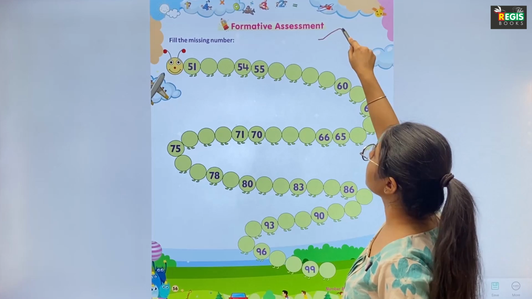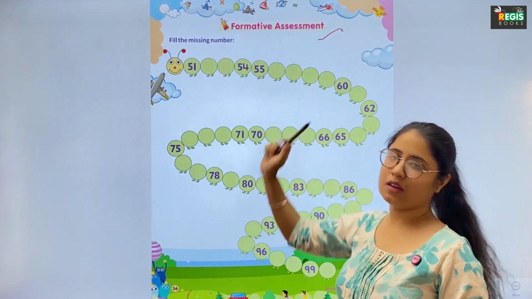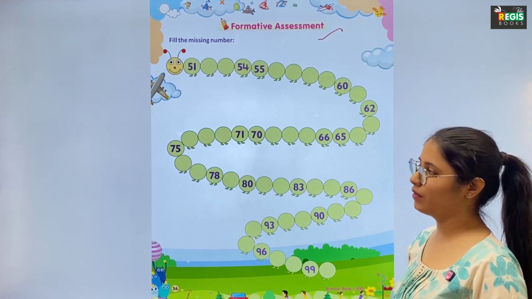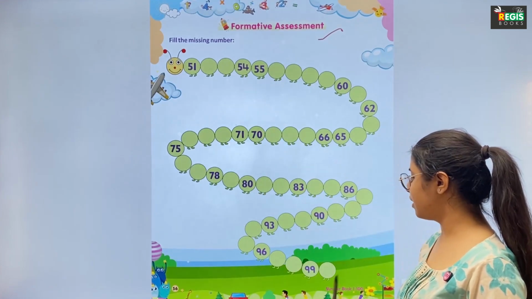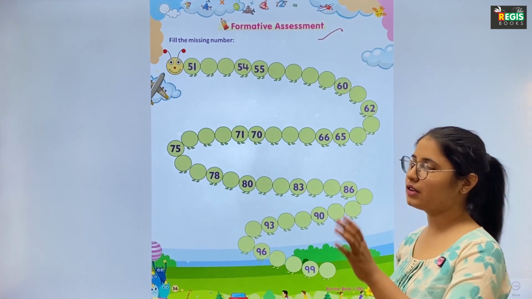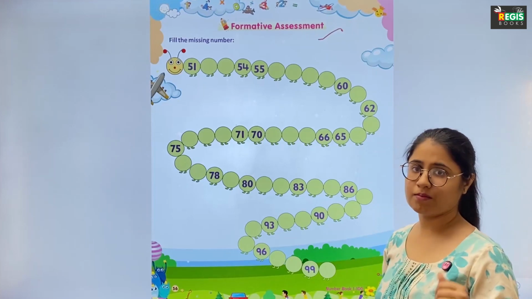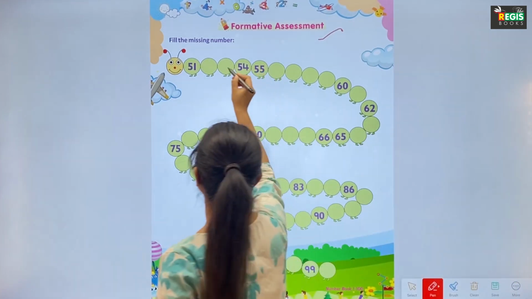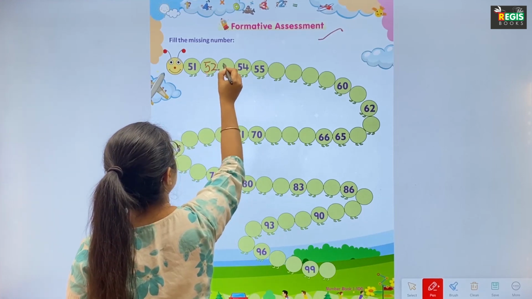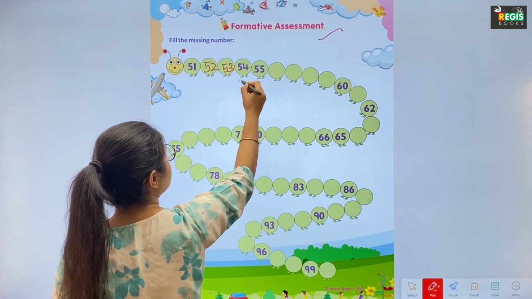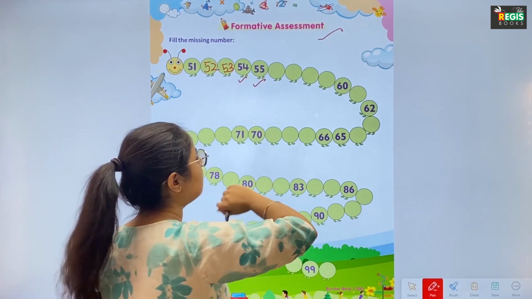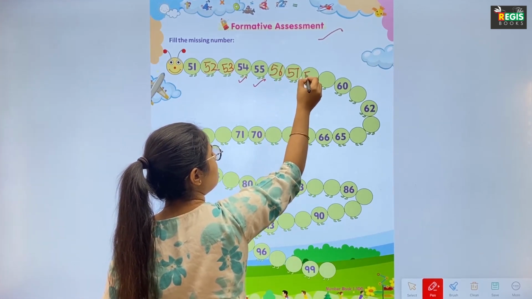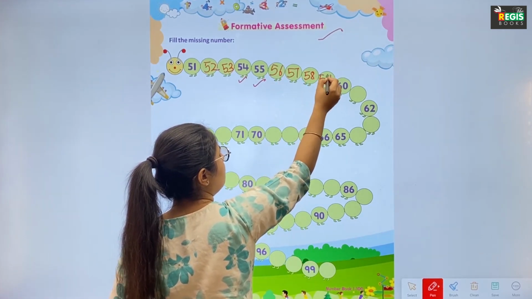Formative assessment. Fill the missing number. So kids, in this exercise you are given a caterpillar, and from 51 to 100 you have to fill in the missing numbers. So let's start. 51, then it comes 52, 53, 54, 55 are already given, then 56, 57, 58, 59, then